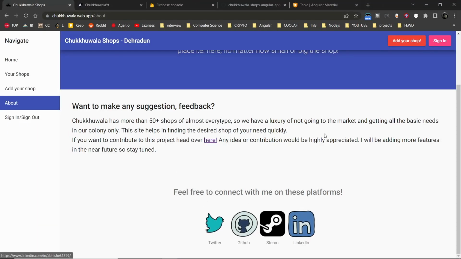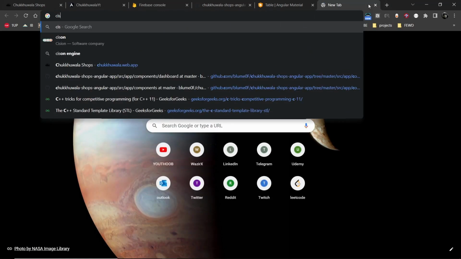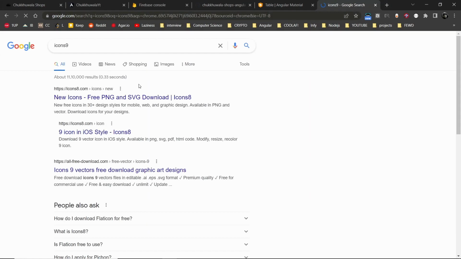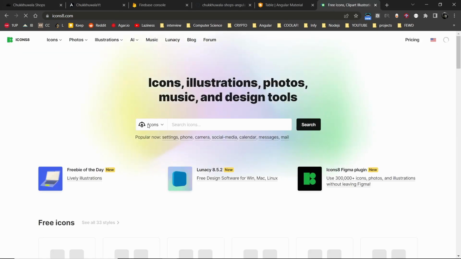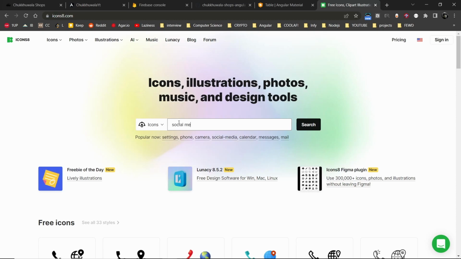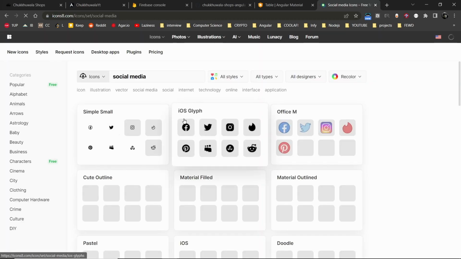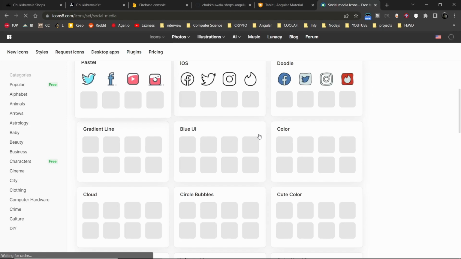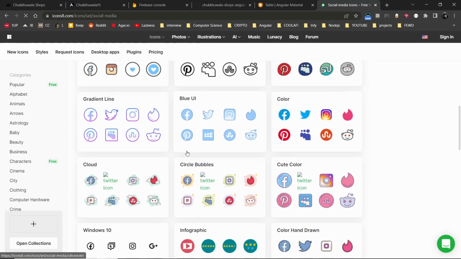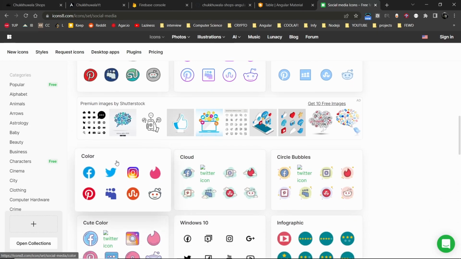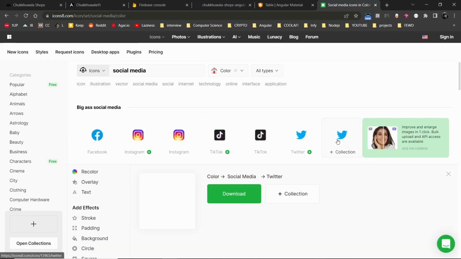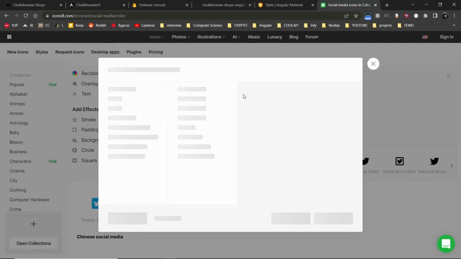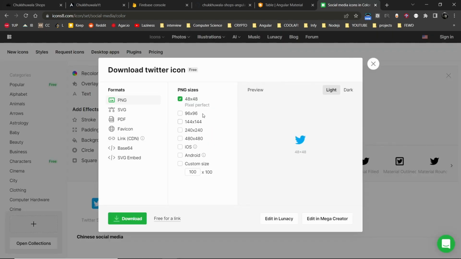To get icons like this, go to the website Icons8, search for Icons8, not 9. Go to this website and search for social media. You can get any icons that you want, they have a lot of icons. Currently I'm using this Doodle one, so let's go ahead with this one. This is for Twitter. I'll download this, and if you want you can download it, but instead of that I'll be using